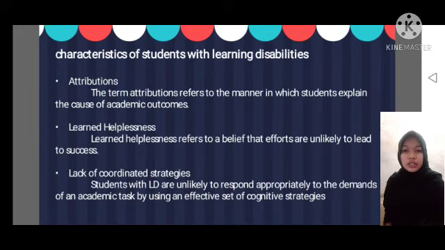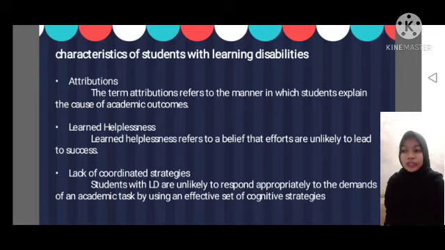Covall and Furness, 1996, found that as many as 70% of students with LD may exhibit learned helplessness. And point number 5 is